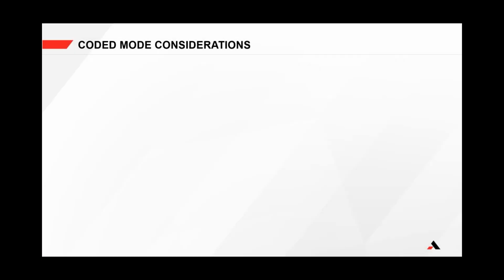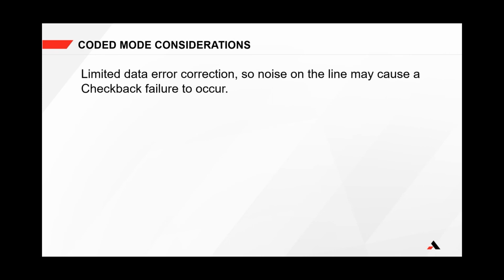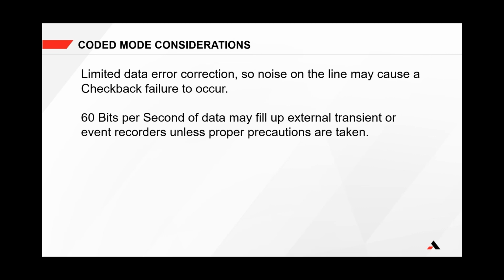However, coded mode does have its drawbacks. Coded mode is slightly more susceptible to noise due to it being a data stream, so that data can be corrupted during thunderstorms or other noisy events. Also, because it uses the blocking signal as a 60 bits per second data stream, it tends to fill up external recording devices. There is a programmable output to indicate that a checkback test is being executed, but that needs